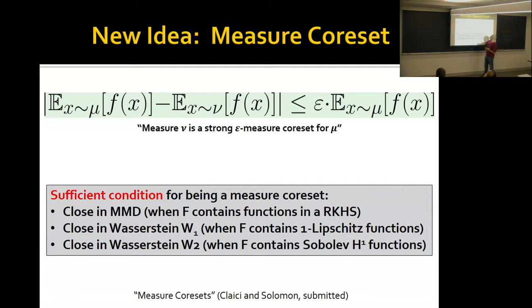A Coreset is somehow, you have your loss function for your machine learning problem. You have one distribution mu, which is your actual data distribution. A Coreset nu, which is your approximation, probably on a finite number of points. And you'd like that the performance measured by the loss is not much changed. Once you generalize this notion just slightly, one thing you can prove is that being close in transport distance, or in a different distance called MMD, not quite a distance, is actually a sufficient condition for being a Coreset.